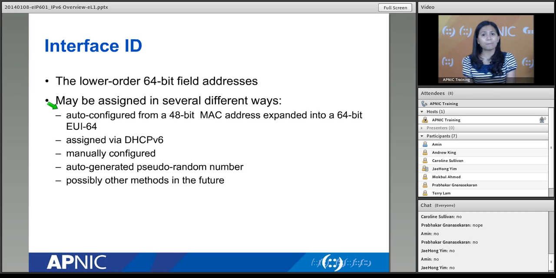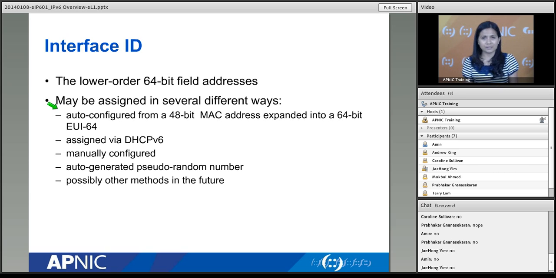It is based on the machine's MAC address. I don't have that slide, but basically, based on your 48-bit MAC address, the machine will create the 64-bit EUI64. So what's the implication for that? For those who are a bit concerned about security, maybe that's not a very good thing. Why? Because, let's say I'm connected to APNIC right now. My machine is connected to APNIC. My MAC address is a physical address. It is unique to my machine. Everywhere around the world it is unique.